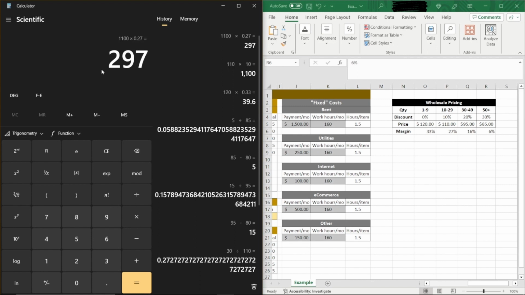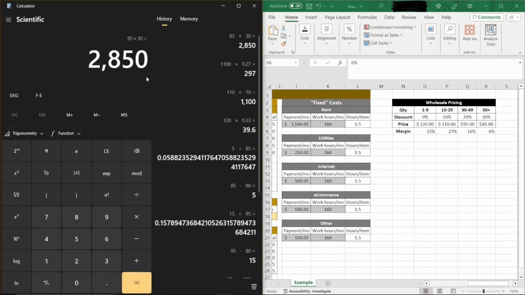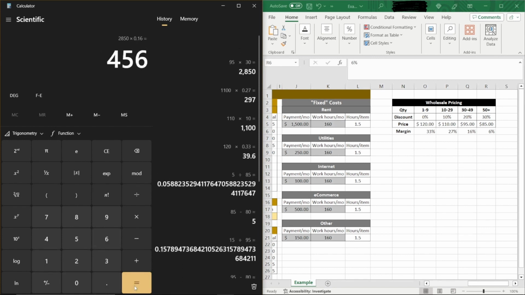Some of you may be like, oh, that's just dumb. Why would you get less? Sell everything full price. Okay, you absolutely can. I'm just giving you an example, showing you how these margins work. Now, let's say someone places an order for 30 and they qualify for the $95 per item. So 95 times 30, almost $3,000. But again, this is not profit. These are sales. So times 0.16,